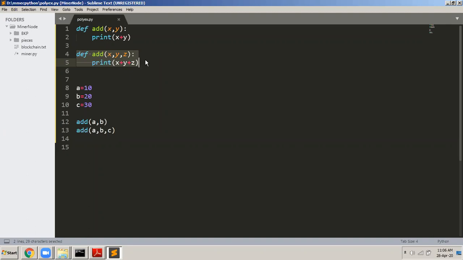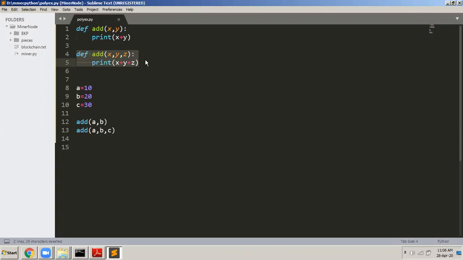First time define a string, call the len function with a string. Next time define a list, pass the list to the len function as parameter, then it should give the length of the string in the first case and the length of the list in the second case. That example is fine, no problem. Now how to define your own polymorphic function is where we're getting stuck. I will get back to you on that. So we are getting stuck on how to define our own polymorphic functions: 2 functions with the same name, different parameters. How to do it in Python, we are going to see that later on.